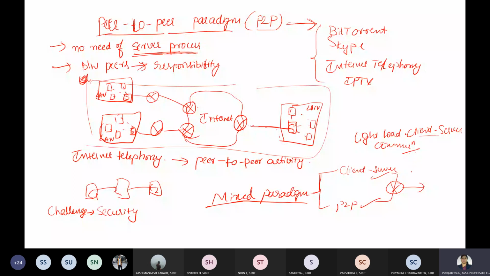Now when I talk about client-server programming, I'll write in short CS programming. In this client-server paradigm, the communication happens at the application layer of a client and the application layer of a server.